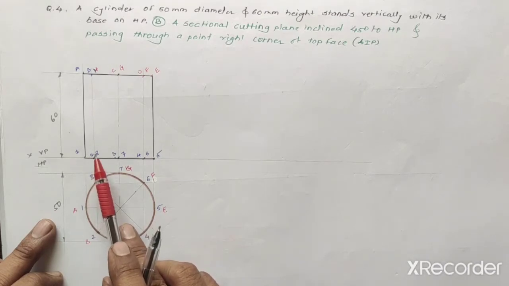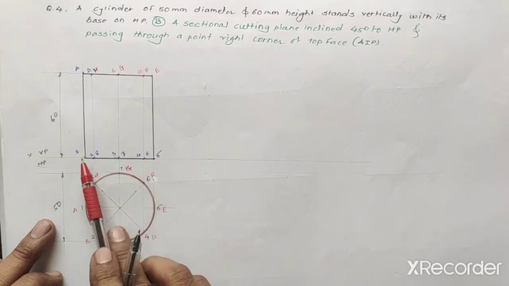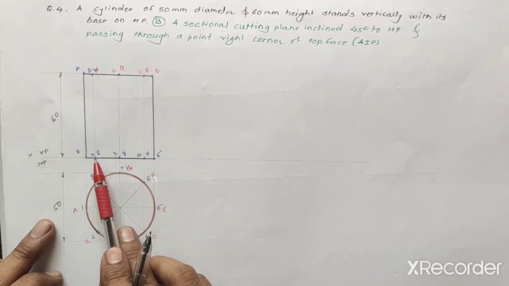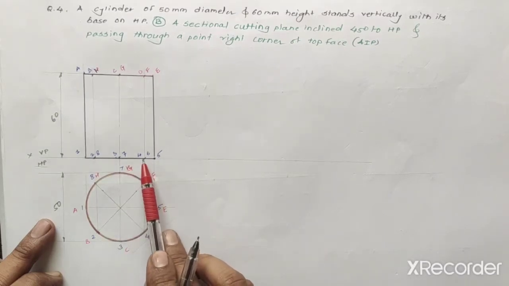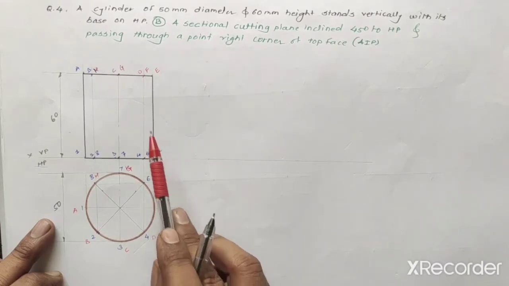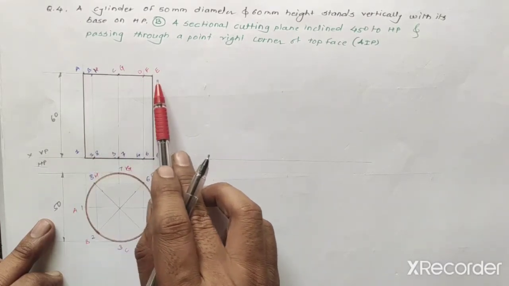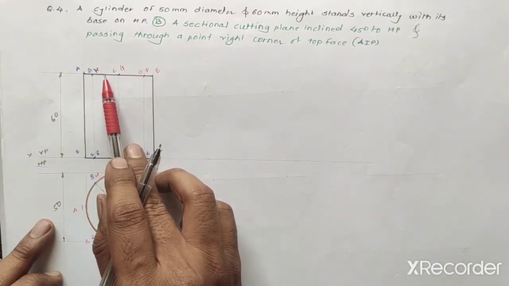In the front view we can see the rectangle. At the bottom face the circular part is present. Point 1 is at the corner. 2 and 8 appear on the same point. 3 and 7 appear on the same point. 4 and 6 appear on the same point, and 5 is at the end corner. The same points appear in the top face also, where we use the letters.